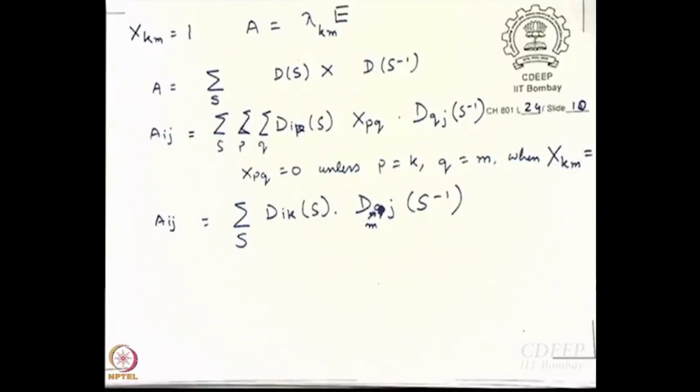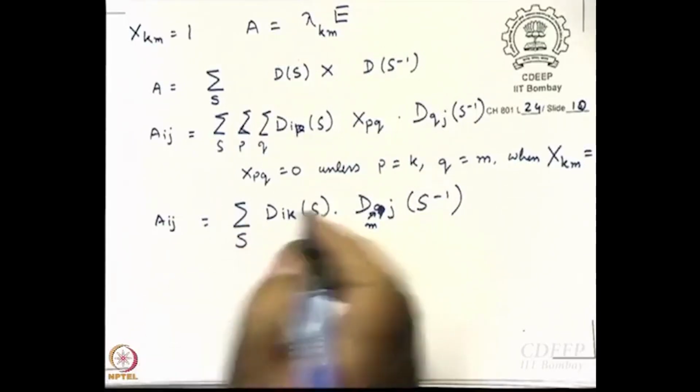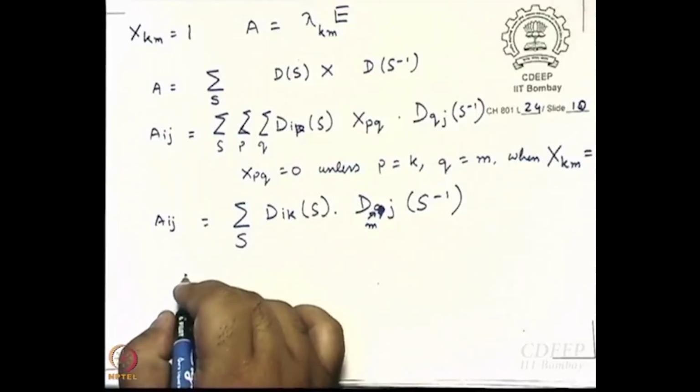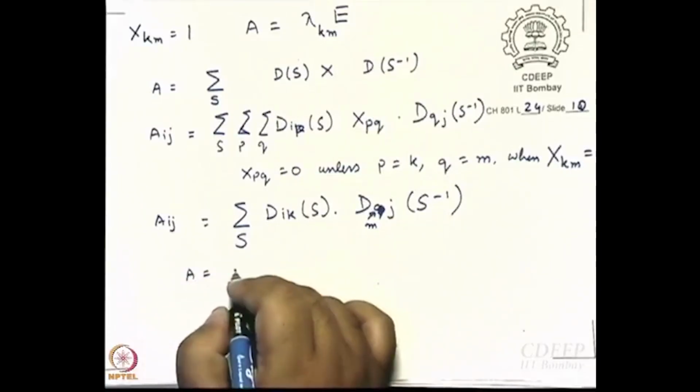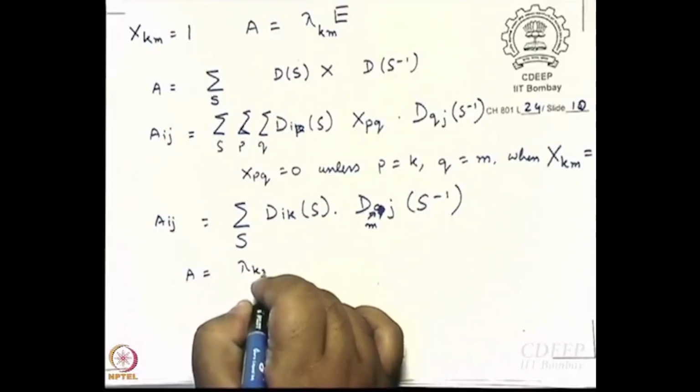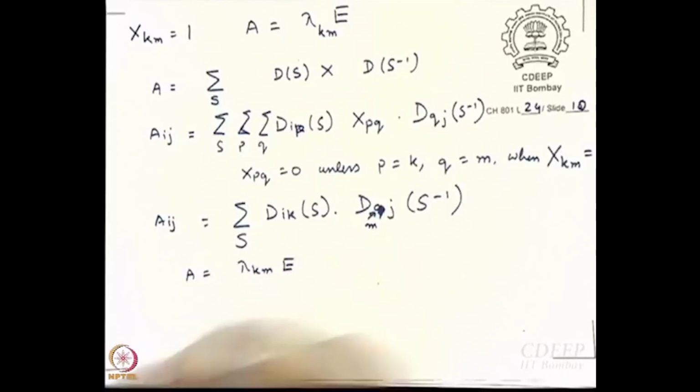And I do not have to write anything for X anyway, because the only non-zero element is 1. Okay. So, I am left with a very simple summation, right? So, do not forget that A equal to lambda km multiplied by E,